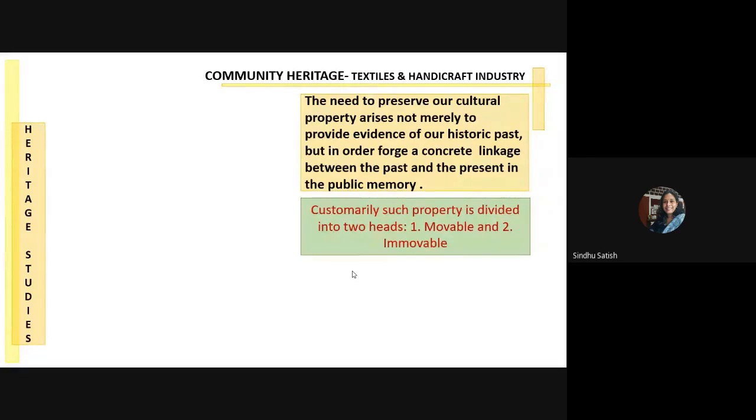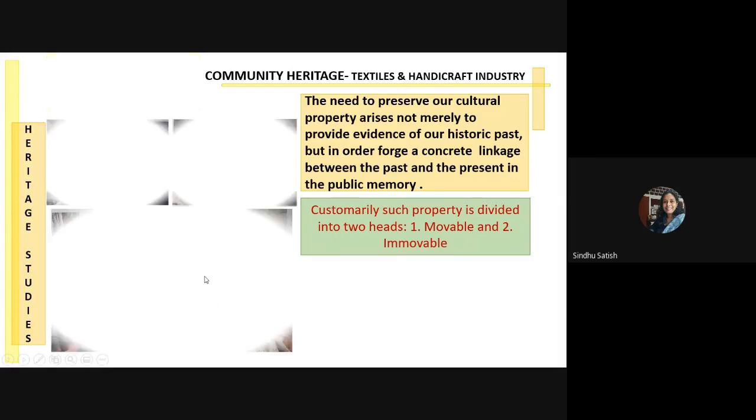At the same time, we have so much diversity in our culture, with several religious and historical incidents and aspirations, and we all exist together, coexisting in discrete geographical regions. So under these circumstances, one blanket policy or rule for conservation definitely will not suffice. And that's where we have so many institutions and different layers of organization who come in to focus on different kinds of things. Customarily, such properties are broadly divided as movable and immovable.